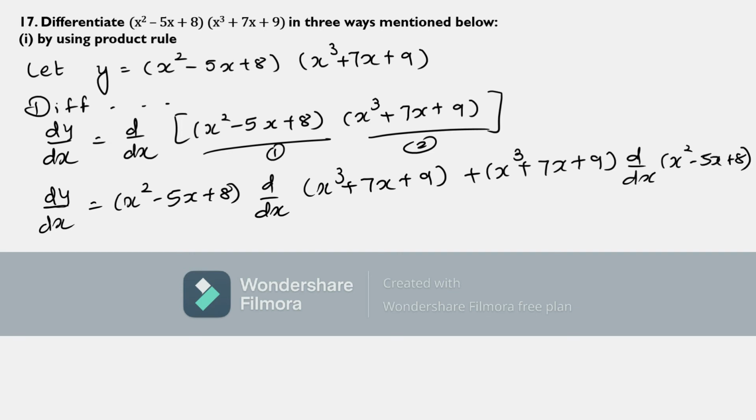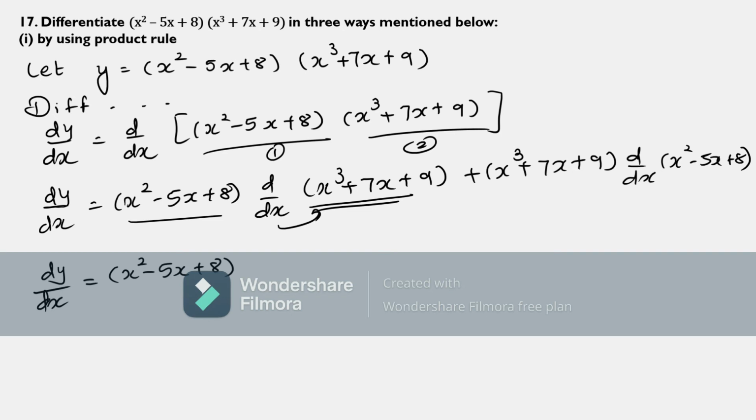Okay. And here we can see that dy by dx needs to be found using all 3 methods. First, we are going to differentiate this with respect to x. So step by step, it is like addition, so one by one we need to do it. It is not a product rule here, as it is not required.